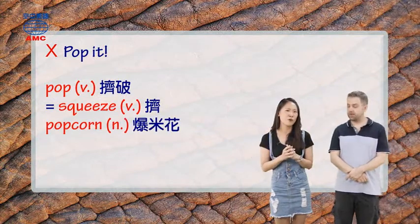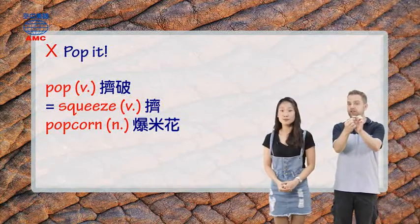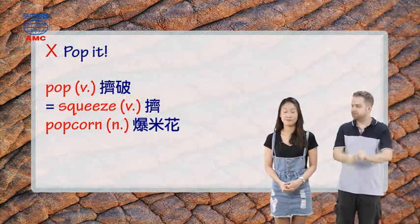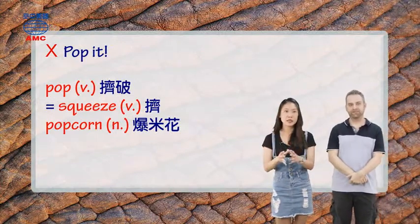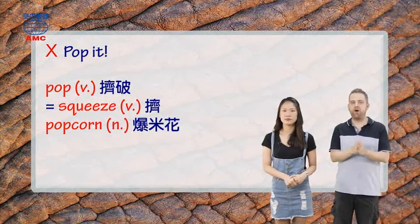Why is popcorn, I just thought of popcorn. Okay. Why is popcorn 爆米花 called popcorn? Because the bit of corn, they use a special thing on it and it gets so hot it pops and comes out. 因为玉米要爆开才会变成 popcorn 爆米花。